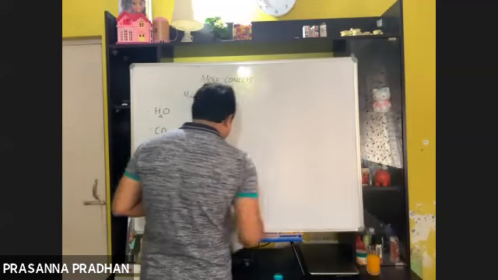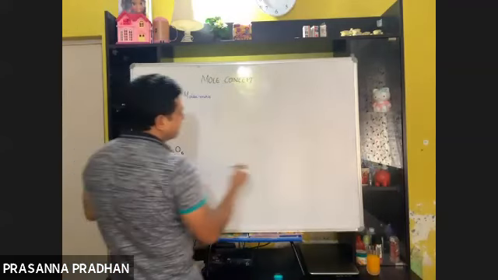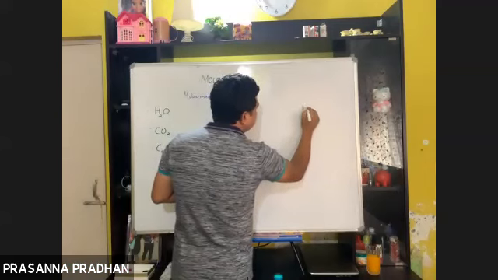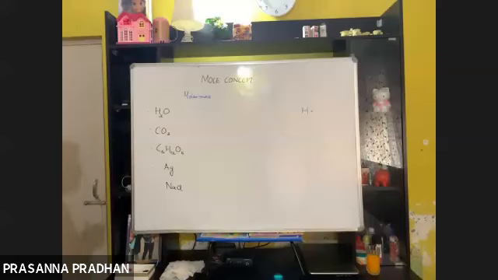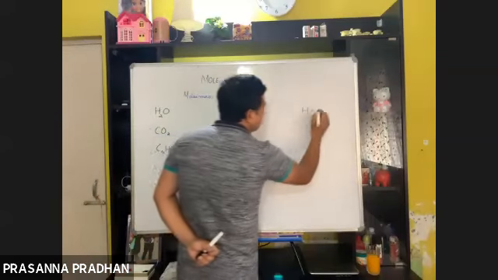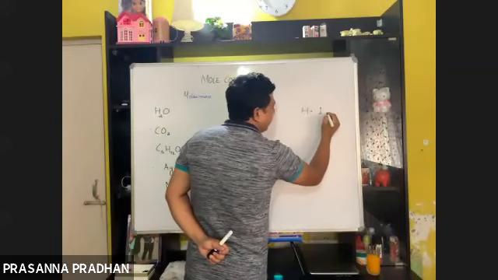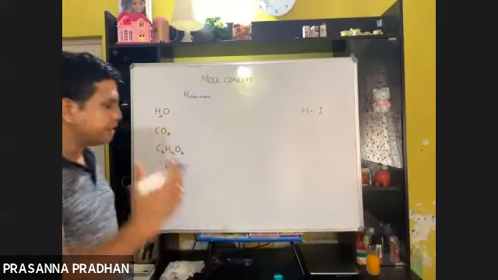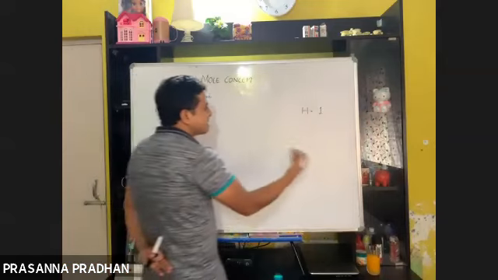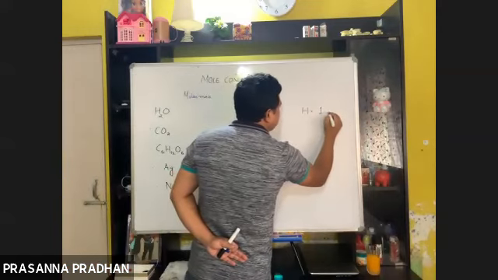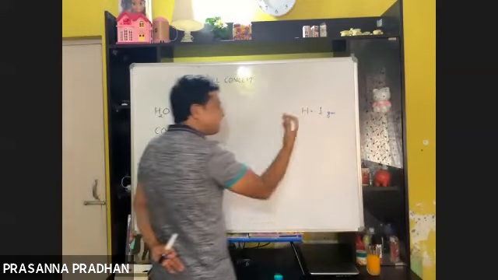So what are the atomic masses of these common elements? What is the atomic mass of hydrogen? Yes, someone tell me please. The atomic mass of hydrogen is 1. And what is the unit? AMU. Okay, I shall do that AMU in the later part. But if the atomic mass is expressed in gram, it is known as gram atomic mass. So atomic mass can be expressed in terms of gram as well.